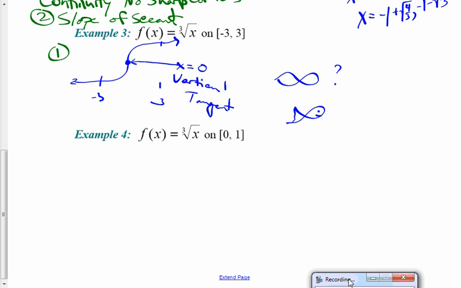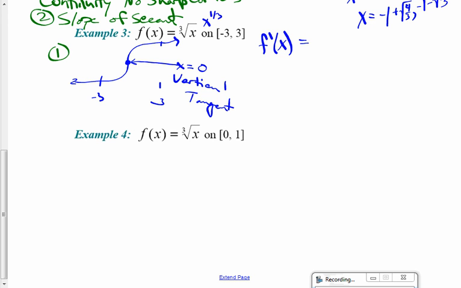All right, so the question we need to clear up here is, does a vertical tangent disqualify it from being differentiable? And the answer is yes. And here's how you know. The question is, how do you know? What you need to look at in this context is f prime of x. Since f was x to the 1/3, f prime of x is 1/3 x to the -2/3, which looks like, if we put it back in terms of a radical, 3 times the cube root of x